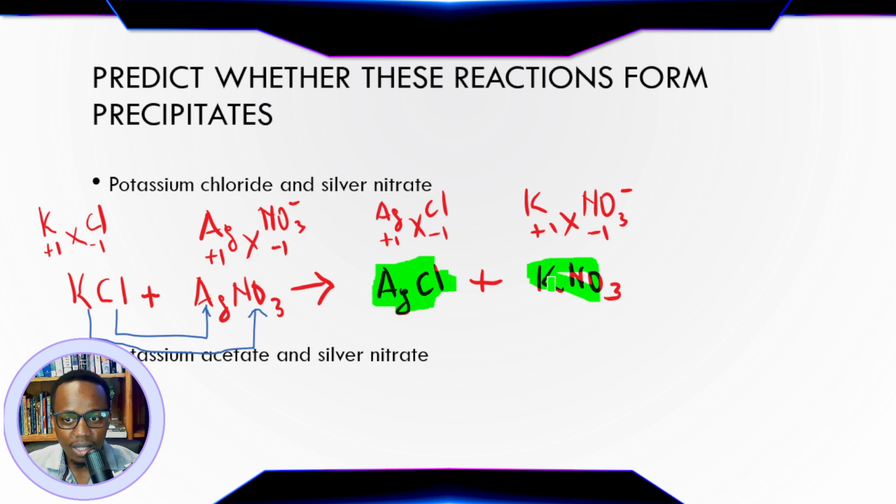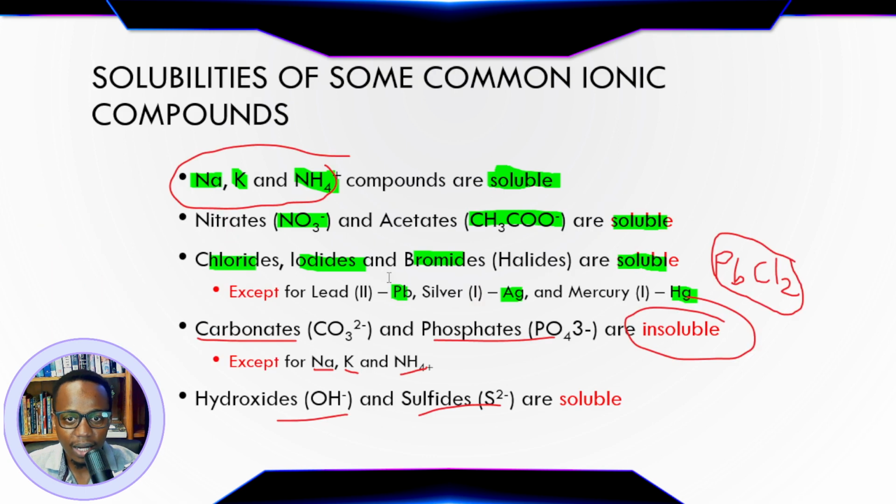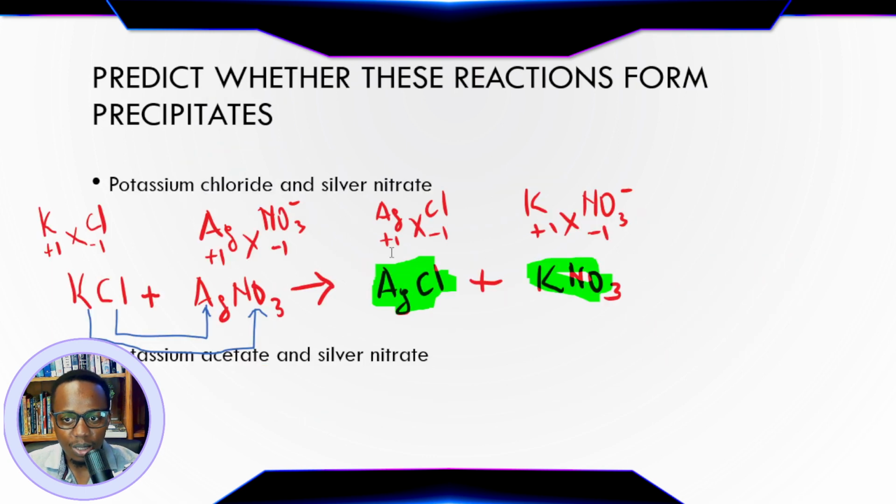This will not, because nitrates are soluble, right? Nitrates are soluble, but this will be a precipitate. So you have one precipitate, right? So this is how you predict a precipitate. But again, in order to predict a precipitate, you have to know how to actually predict the results of a